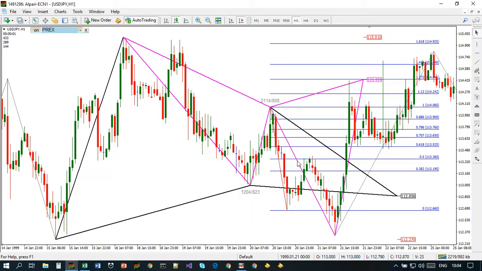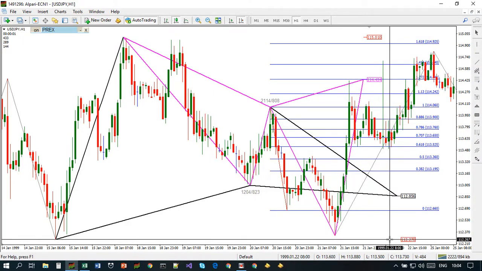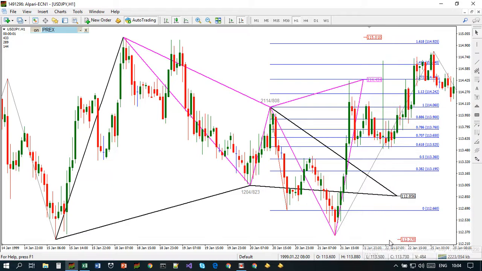So what is the double top entry? What I am to do, I am to wait for price to go here. By the way, it can hit 50, it can hit 618 here, yes, but it cannot exceed this C point. So the movement should not be that large. 50 is okay. So what we need to do, we need to wait for price to exceed this low. What does exceed mean? It means that it should penetrate it by at least 1 pip, and 1 pip in a quote is this second decimal. It is not the third decimal but the second decimal. And then after that penetration, yes, if we do not violate the pattern, if we do not cross this red line,